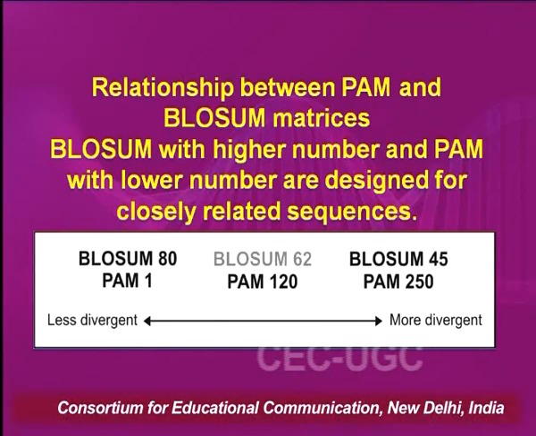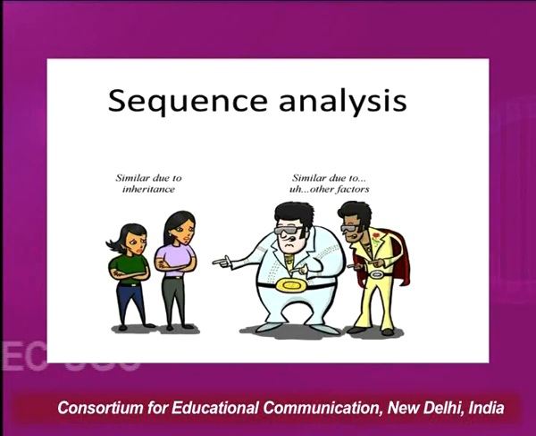And why is it performing better? Because it is based on substitutions and conserved positions in blocks in present-day databases. Margaret Dayhoff's data was based on 85% similarity, but BLOSUM is based on the present day, and this is more popular. So the choice of matrix depends on the aims and objectives of the investigator. There is a relationship between the two: the higher the BLOSUM, the lower the PAM. So with this we are coming to the end of this section.